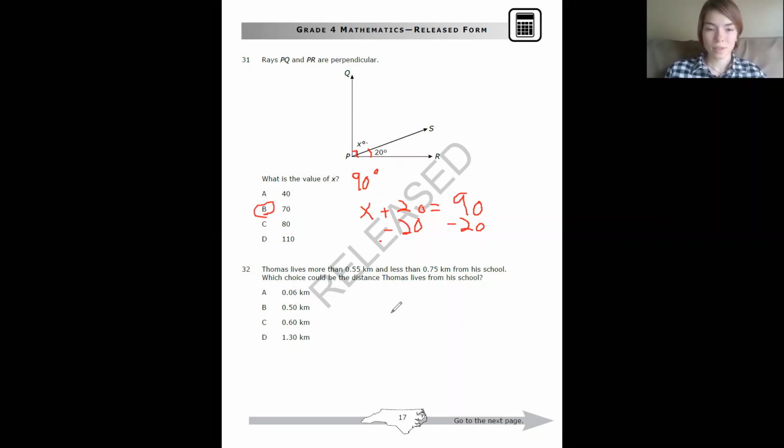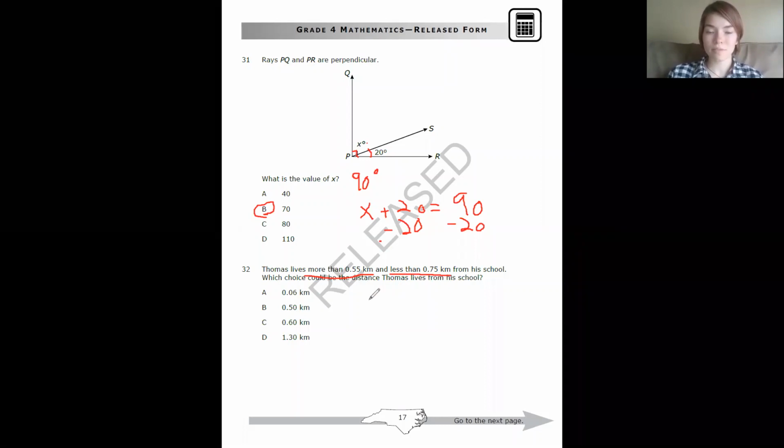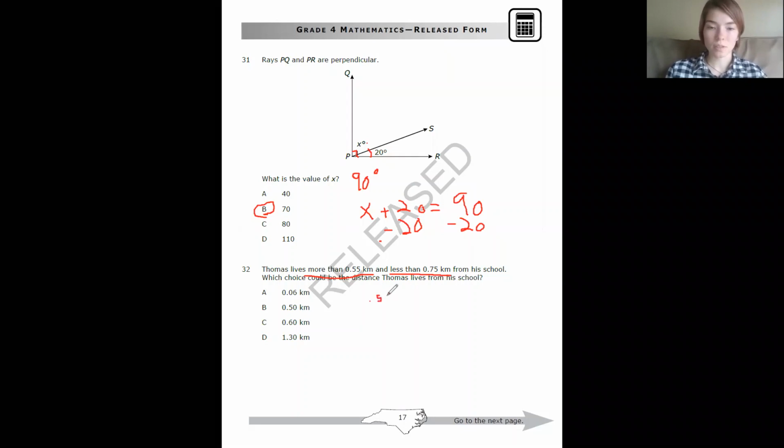Number 32. Thomas lives more than 0.55 kilometers and less than 0.75 kilometers from his school. Which choice could be the distance Thomas lives from his school? So he lives more than 0.55 kilometers, which means it has to be a number that's bigger than 0.55 kilometers. But he also lives less than 0.75 kilometers from the school. That means we're looking for a number that falls between 0.55 and 0.75,